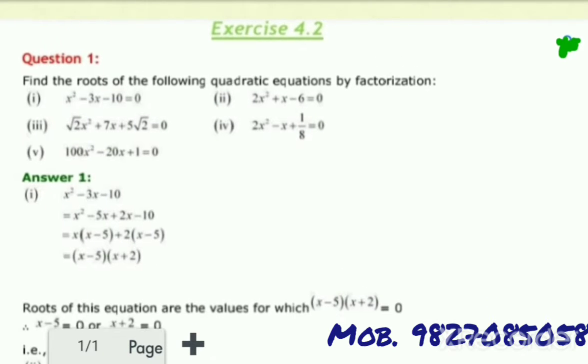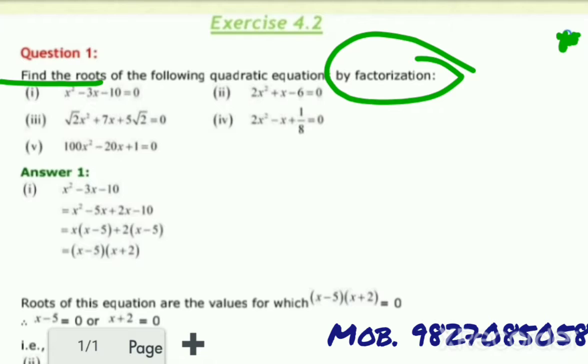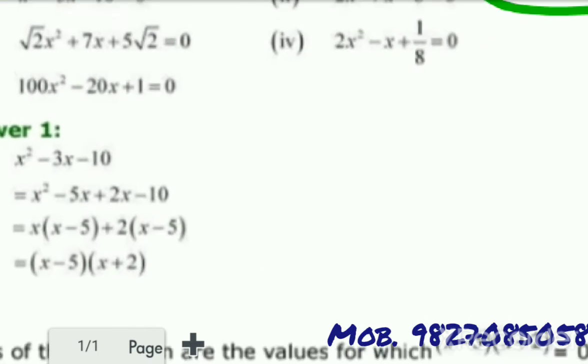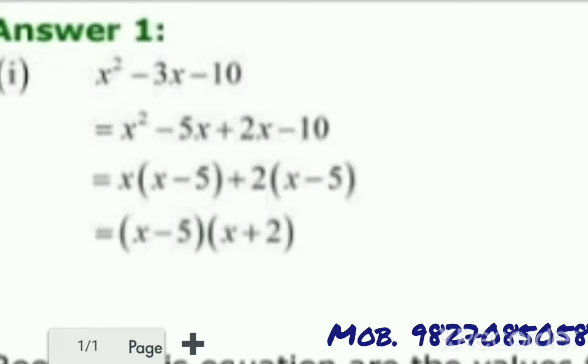Exercise 4.2. Here question number 1. Find the roots. We have to find roots. By the factorization method, we can say the factorization method is the splitting method also. In this method we have to split the middle term. Here minus 3 is the middle term, so we have to